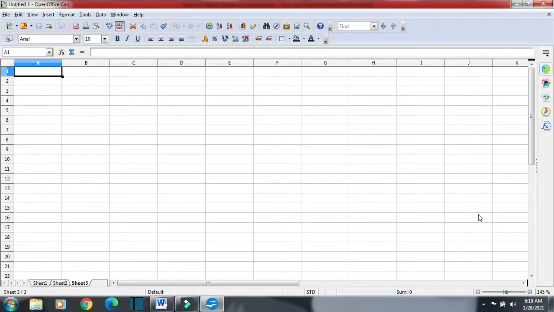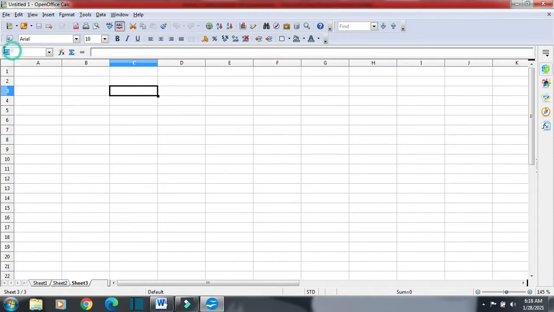Okay, so first of all we have this menu bar. These are called the toolbar. This is the formula bar. This one you know very well is the cell pointer.